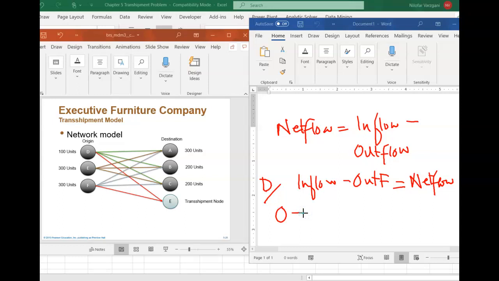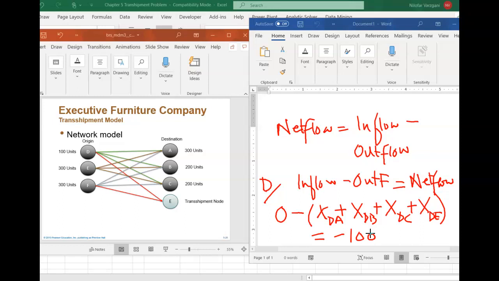The outflow from D would depend on how many arrows are coming out of D and which nodes they are going into. So because there are 4 arrows, the 3 green arrows plus the new red arrow that goes out of D, you're going to have 4 terms for the outflow from node D, which includes X dA plus X dB plus X dC and finally X dE. And this needs to be equal to what the capacity at this supply node is, which is equal to 100. And because this is a pure supply node, we're going to put a negative sign in front of it. This is going to give us the first constraint equation for the model